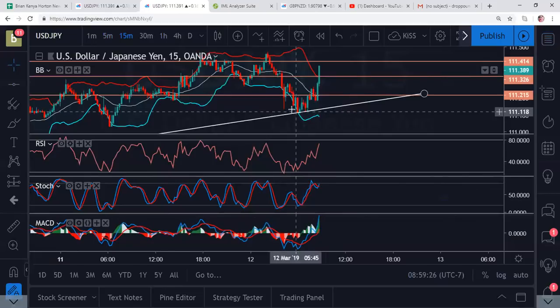111.11, we actually had a little drawdown there. So I think we got in right when the MACD crossed. Okay, so it actually came back down a little bit. And so you want to get in within 3 to 4 pips from this area. So let's say if price is here, 111.11. You want your entry to be about 111.13 or 14, because your max stop loss, ideally, my max stop loss